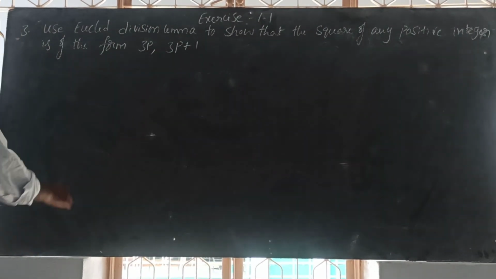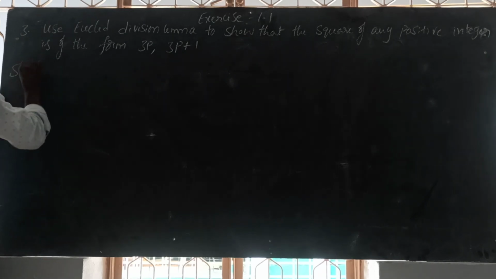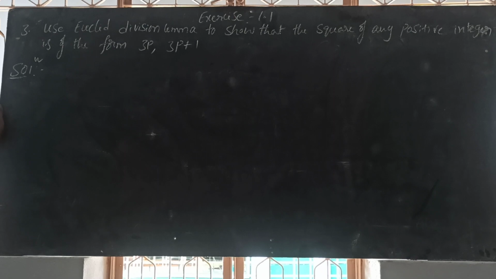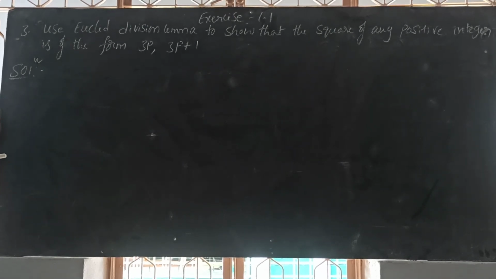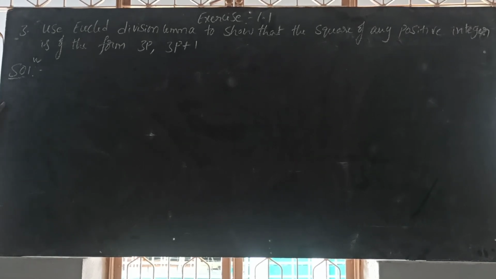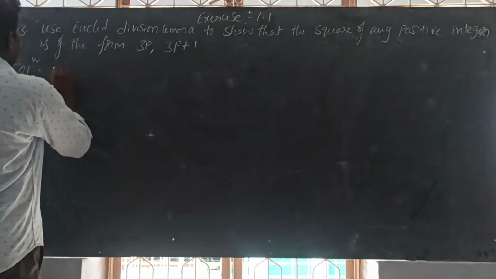3p plus 1. So what is the Euclid division lemma? Dividend is equal to divisor into quotient plus remainder. A is equal to B into Q plus R. What are the conditions of the remainder? It is greater than or equal to 0 and less than the divisor. So let us take